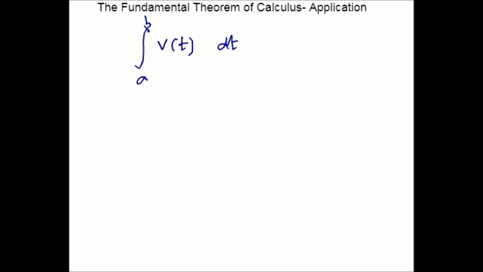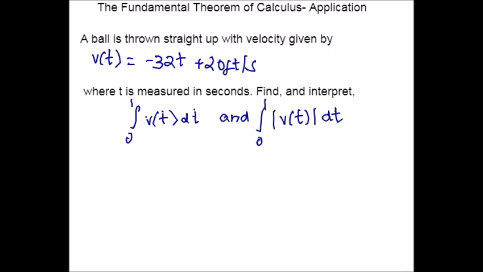So in that you will be using a velocity function v of t. Here is our next example on displacement and distance. Please read the question once. An equation is given for the velocity function, negative 32t plus 20 feet per second, and we are supposed to find and interpret the integral from 0 to 1 of v of t dt and the integral from 0 to 1 of the absolute value of v